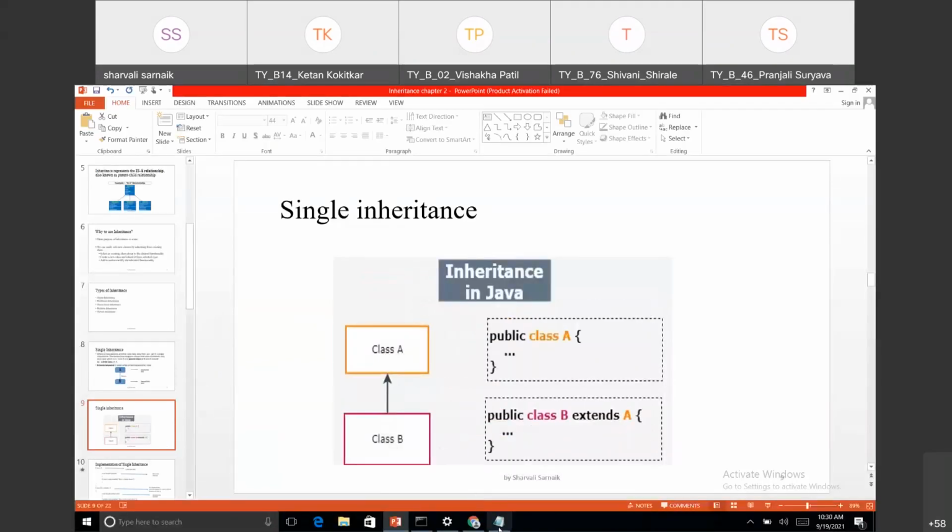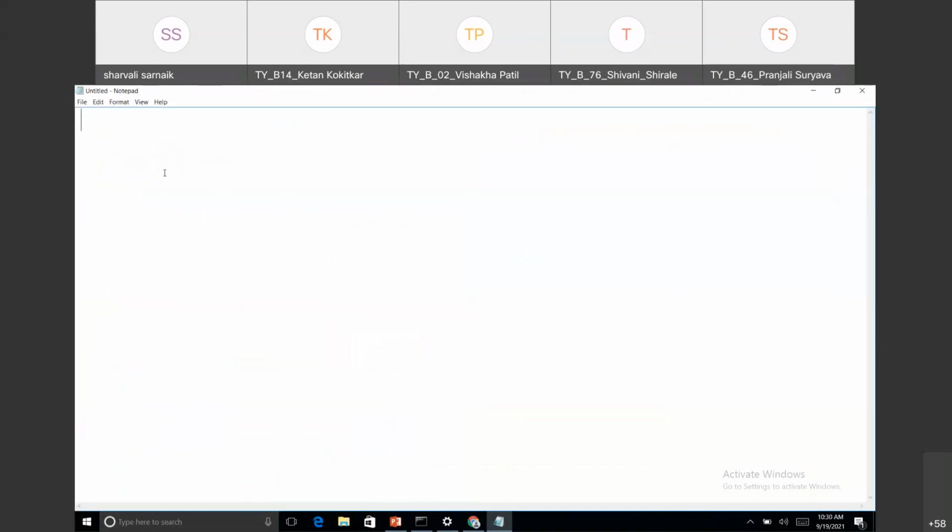Let me take one example of single inheritance. So I'm taking one class named student, and inside that student class I'm taking the name and roll number. Okay, I have taken name and roll number inside that class.